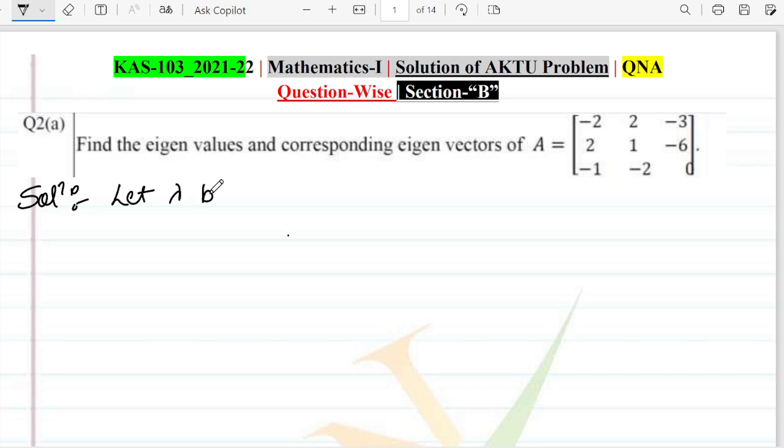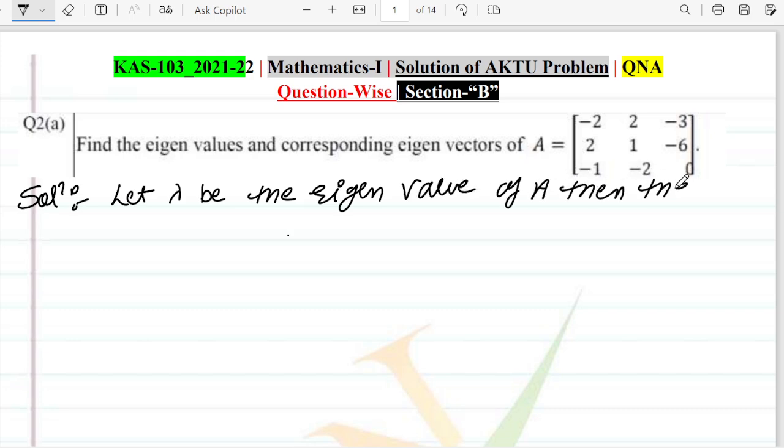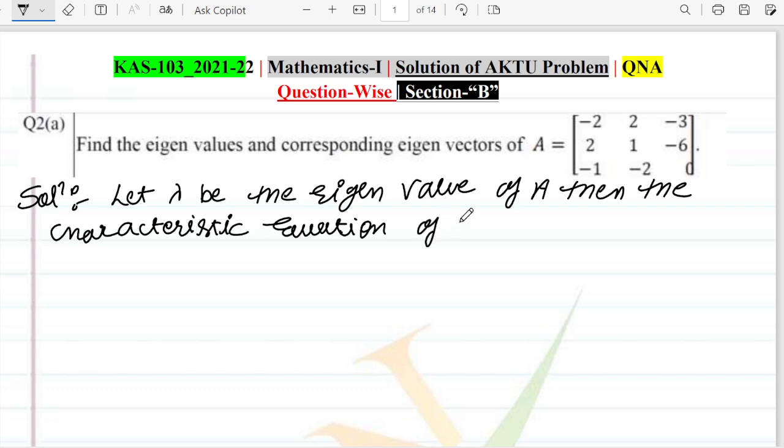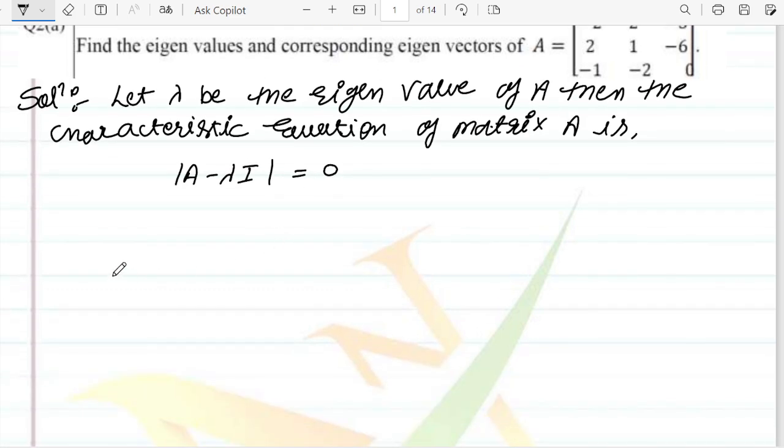Let lambda be the eigenvalue of A, then the characteristic equation of matrix A is क्या होती है भाई, determinant of A minus lambda I is equal to 0, राइट। और इसको आप ऐसे भी लिख सकते हो,